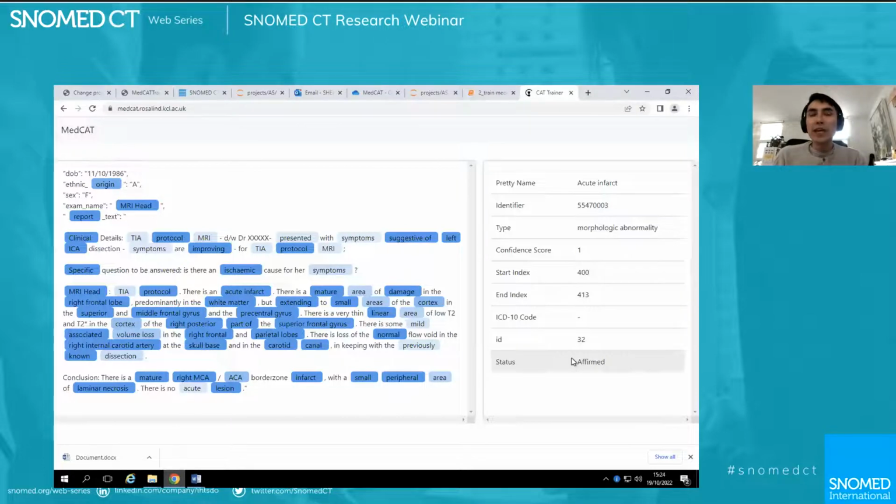Because when you're interested in extracting information, you're not just interested in whether it's present in the document or not. You need to know the context as well in order to accurately extract it. So in this case, with this very basic meta model, as we call it, we'll only extract the affirmed mentions and not things like epilepsy clinic or family history of epilepsy, for example, although you could if you wanted to.